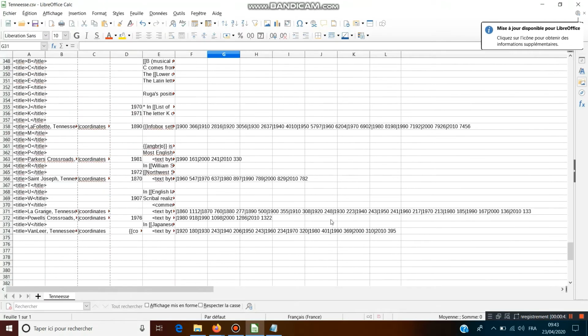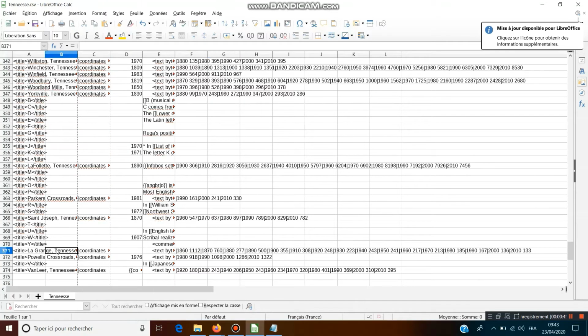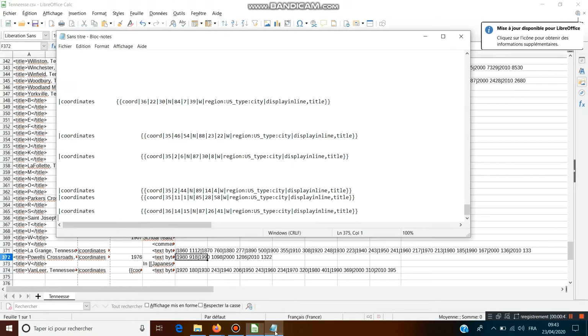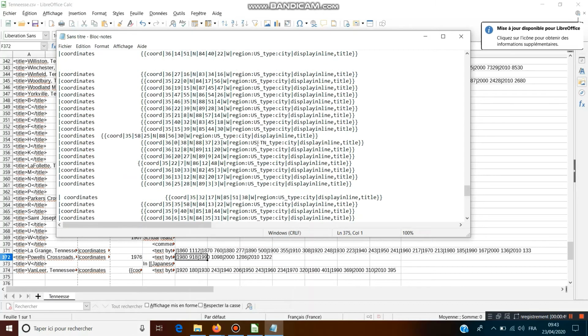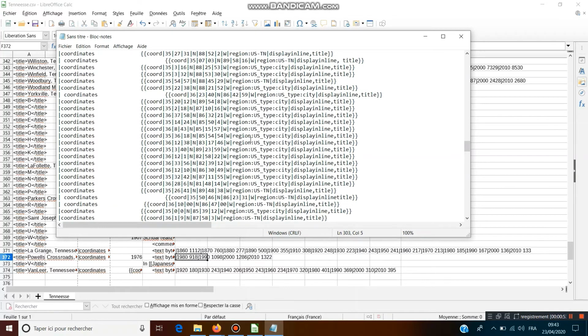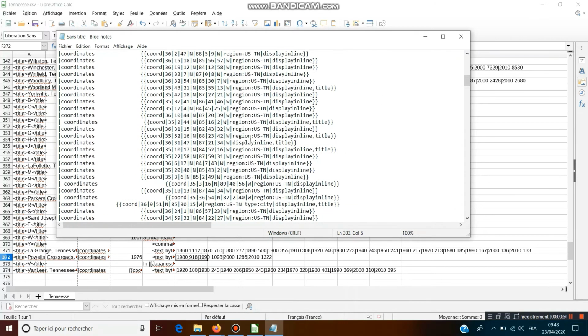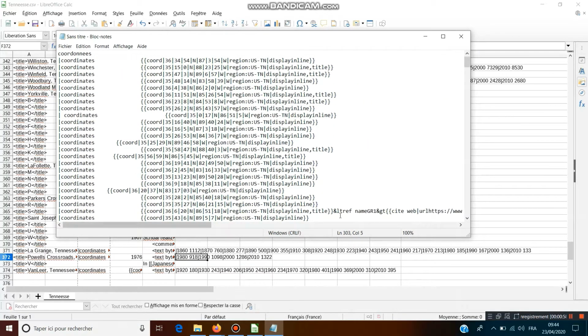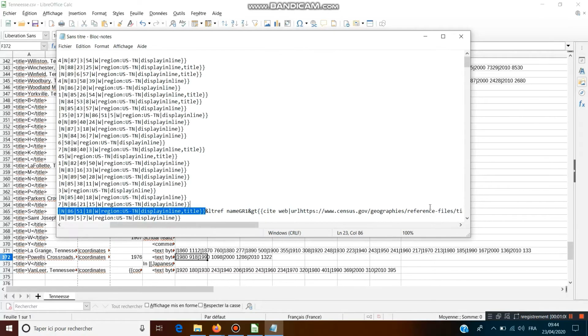There are some forgotten cities, some coordinates that are missing. We must go and search ourselves. We must remove all numbers except the coordinate numbers.